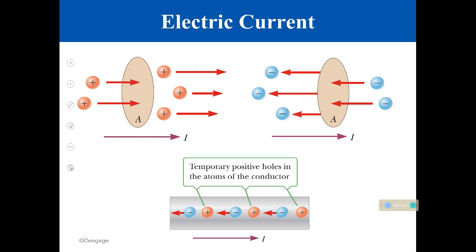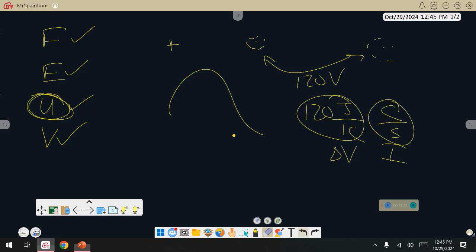All right, so this is what I was going to talk about just a second ago, and that is conventional current versus actual current. Here's the deal. In the right picture, you see that negatives are moving to the right. Isn't that the same, though, as, left, all right, I did it backwards because of my direction, moving to the left. Isn't that the same, though, as positives moving to the right? Well, mathematically, let me show you that real quick.